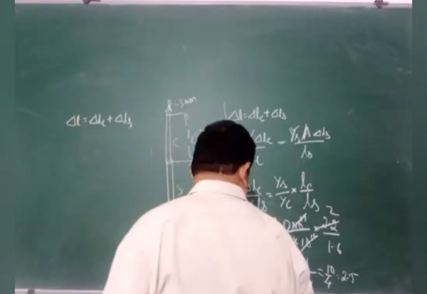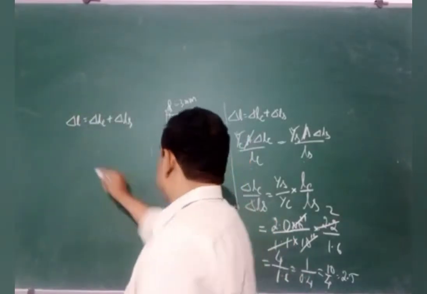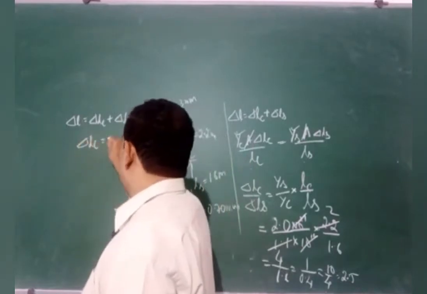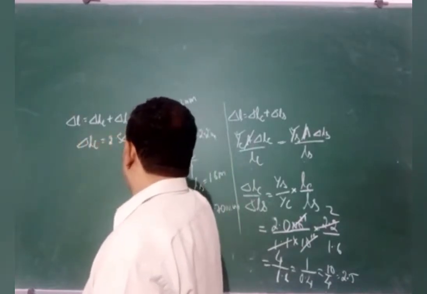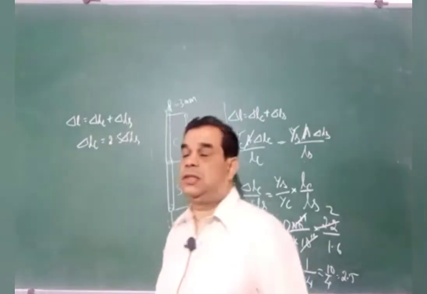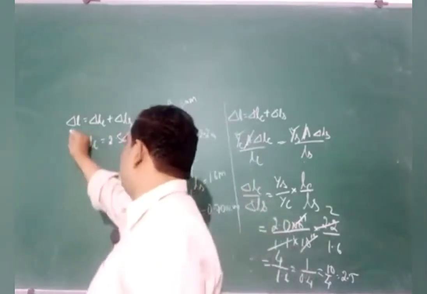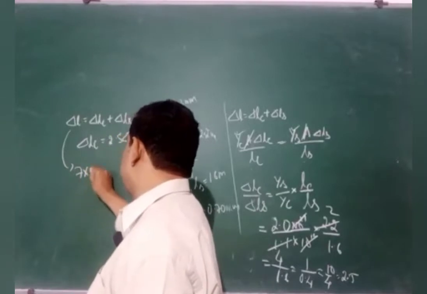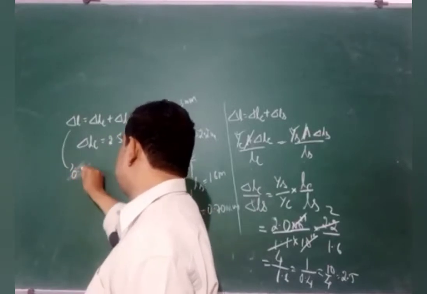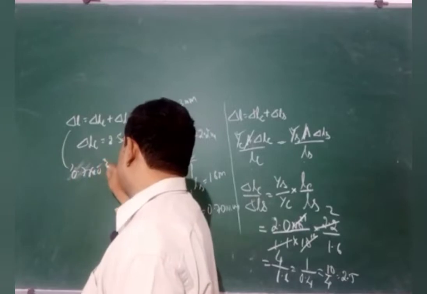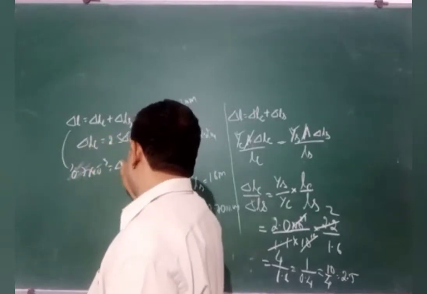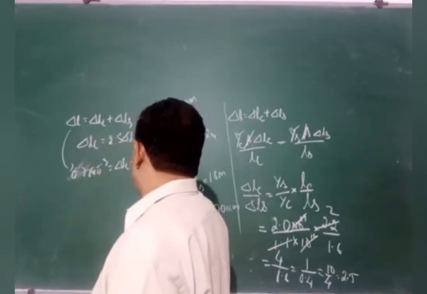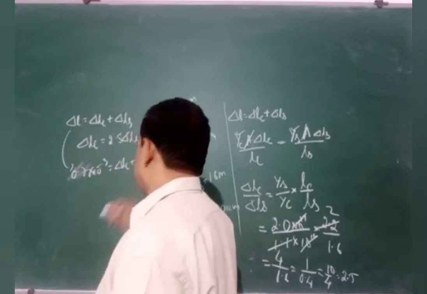But from this expression, I can write delta LC as 2.5 delta LS. Substitute that in this equation. 7 millimeters, so 0.7 millimeters, 10 raised to minus 3 there. Delta LC, I keep it as it is. Plus for delta L, I write 3.5 delta LS,